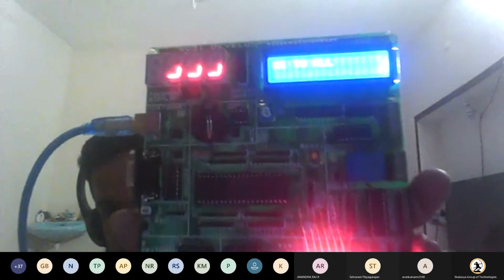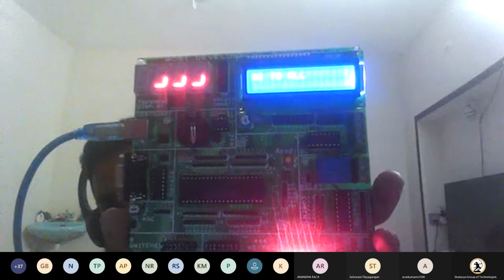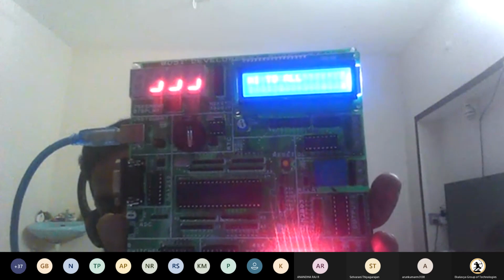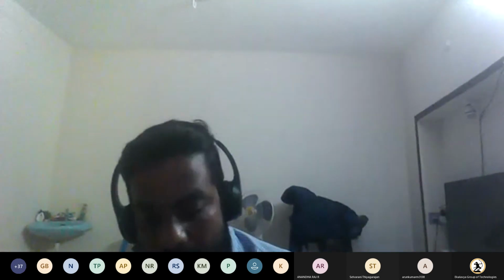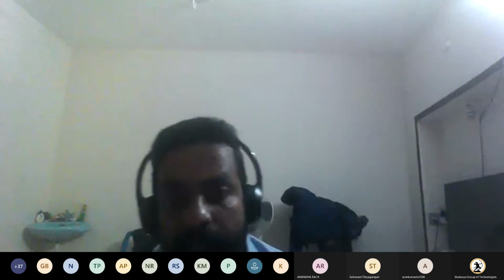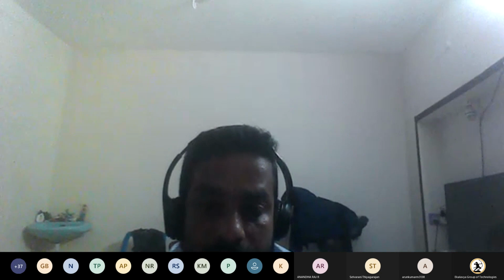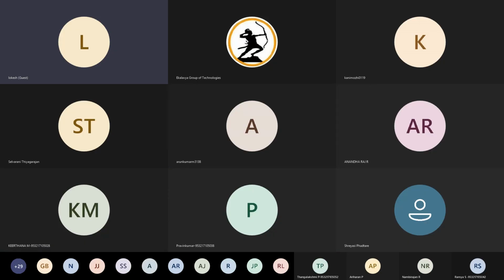Yes, see here, I have changed it to "hi to all". Okay, so this is how the LCD is interfaced to the 8051 microcontroller development board.